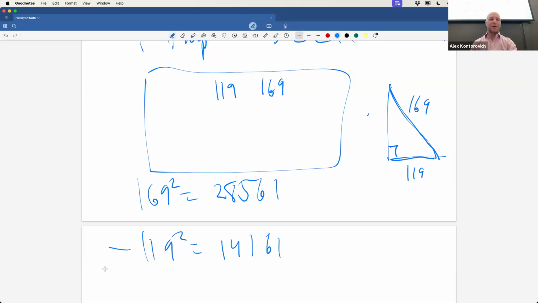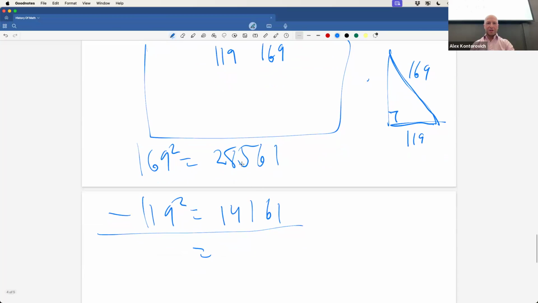If I subtract the two, I think I can actually do this. 61s cancel. The 5 is a 4. The 8 is a 4, and that's a 1. 14400. Can't believe this worked out. Does anybody recognize this number? Well, it's 144, 12 squared, and there's 100. So 120 squared.